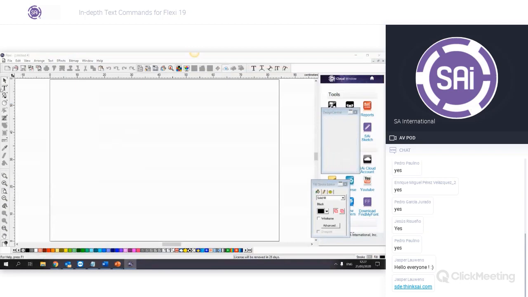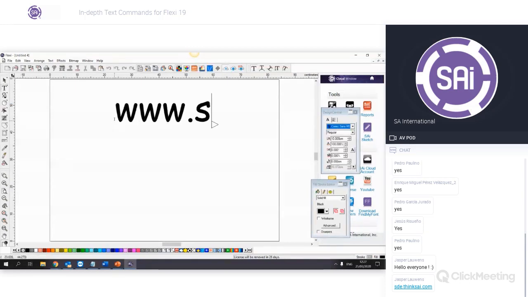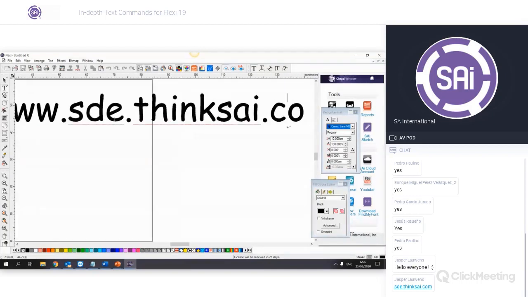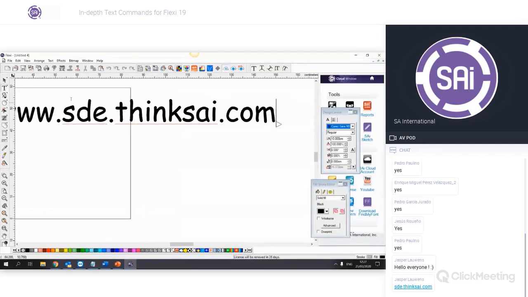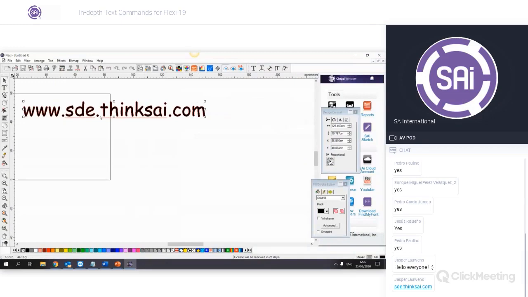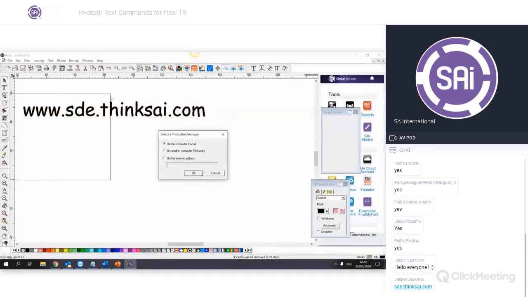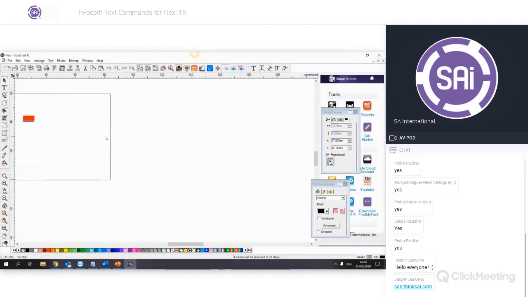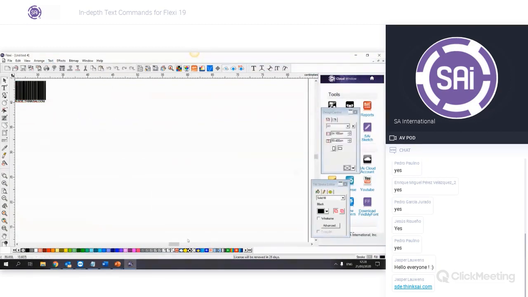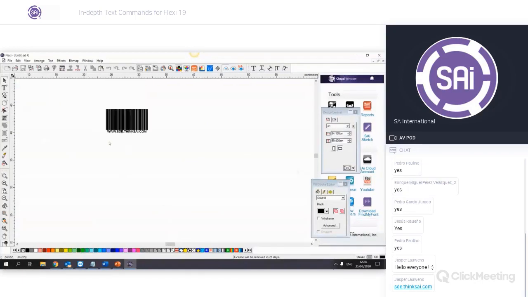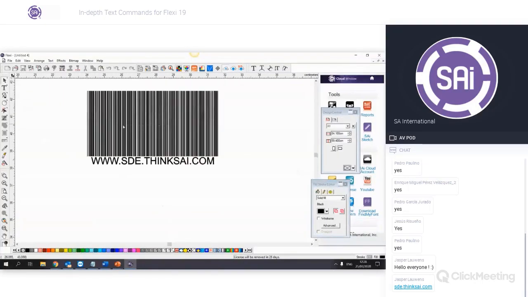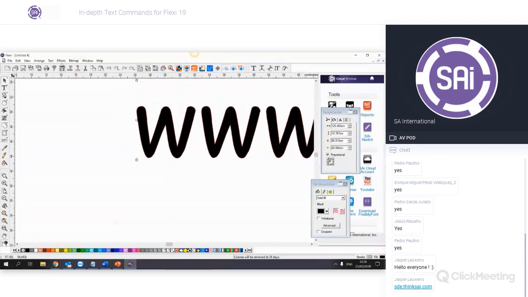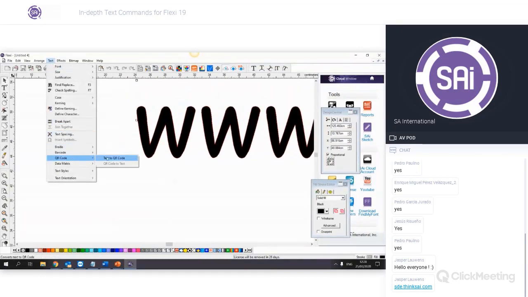So here, any text that you type can be selected and then converted to any of these options here. So you can make it into a barcode, like so. Make it into QR code,